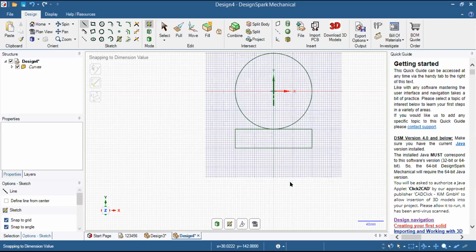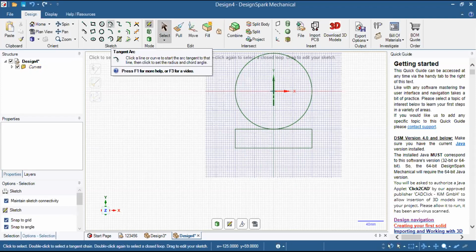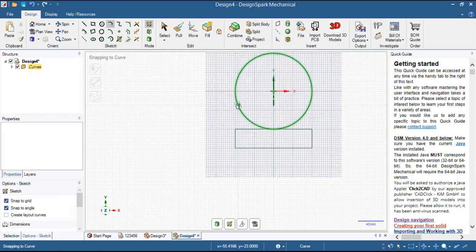Now we will escape from the command, and the next new command which we have used is tangent arc. We want to combine this circle and this rectangle, so I'm using the command known as tangent arc, which is just next to the circle command. I will select this command, consider my arc from here and join it to the end of this rectangle. You can see on the other side a similar arc has been generated. This is because of the mirror command.